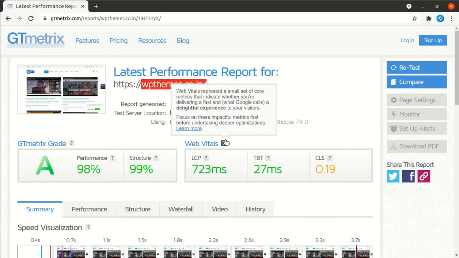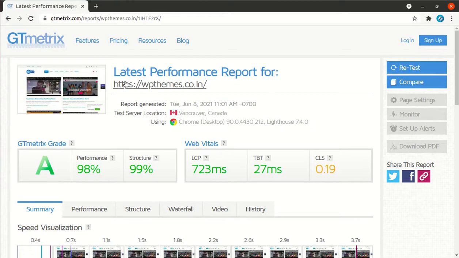So it goes without saying you should have a very fast loading website, and this is an example of a fast loading website. wpthemes.co.in loads in just a few seconds, 2 or 3 seconds, and this website has a good number of visitors as well.